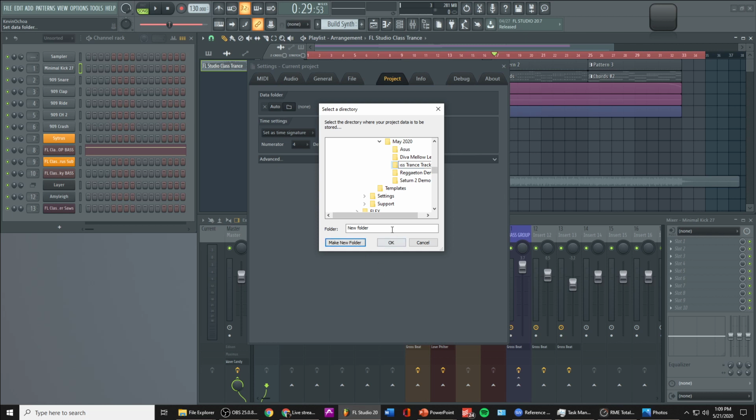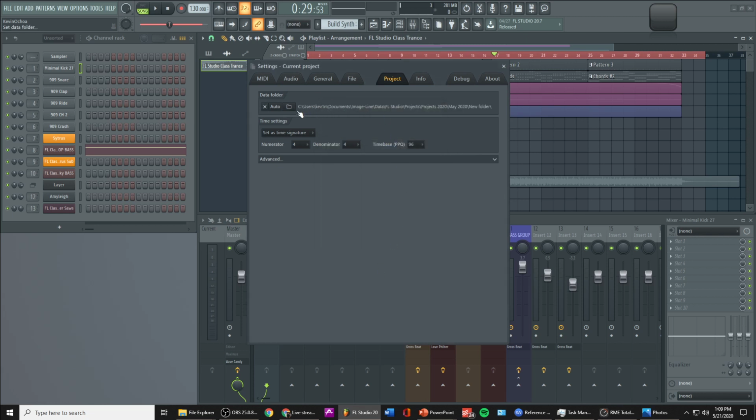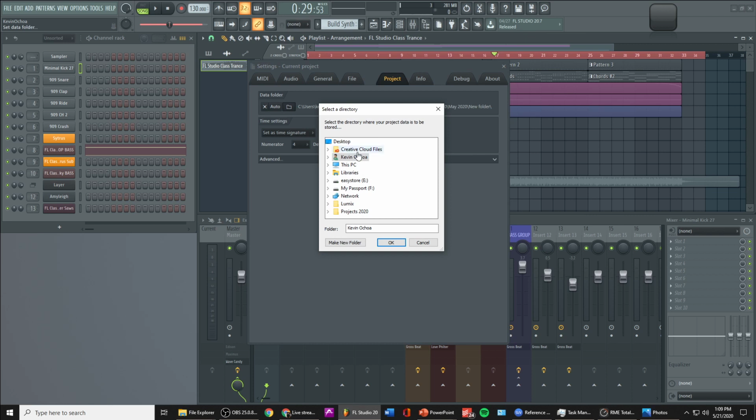As you can see, I can't spell. Press OK. So now all my data is going to be routed to this folder, and also any audio record is going to be set up to go to that folder. And I'll cover more of that in the class. So once I set the data folder, again, under my documents,